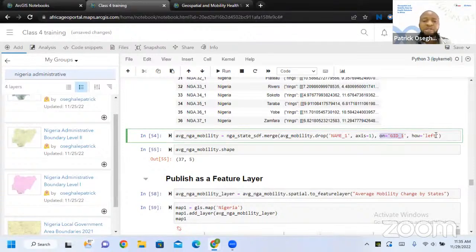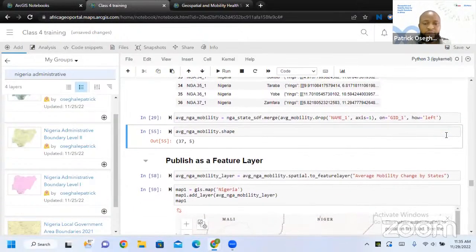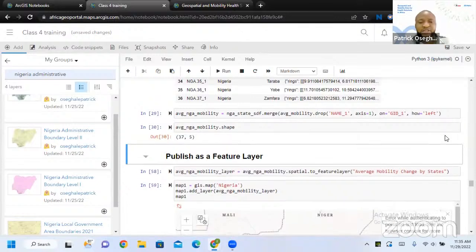I also want to keep it there. I want to recognize it. That's why I'm using the left join. So when you do that, I'll just check the shape. Now you find out that this is 37, which means 36 states plus the Federal Capital Territory, which is 37.